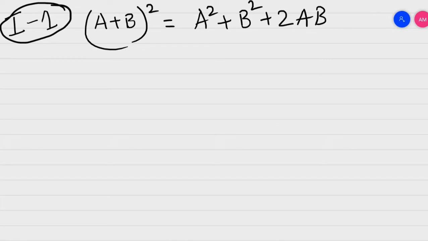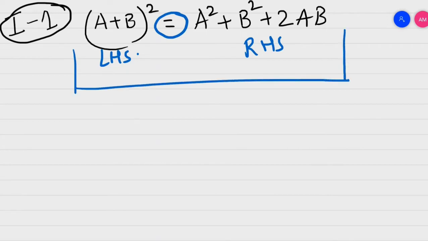Children, see, this is an equation because you have LHS and you have RHS and this is the statement of equality. Now you have to find out whether this is an identity or not. Let us start finding out whether this statement proves true for whatever values we are taking for a and b.